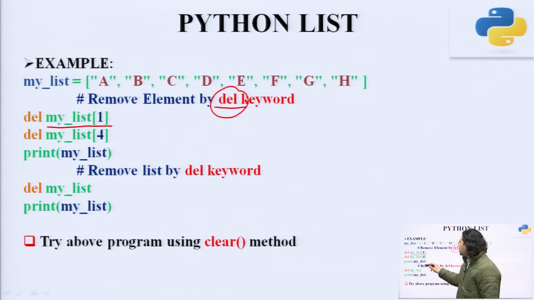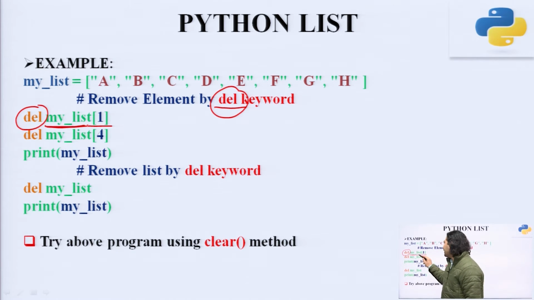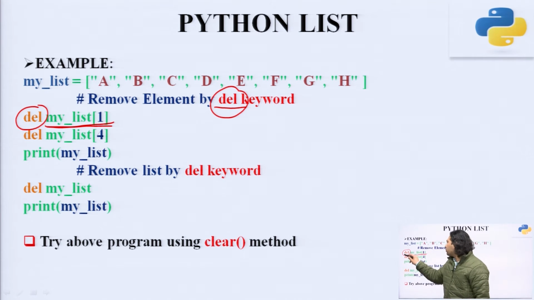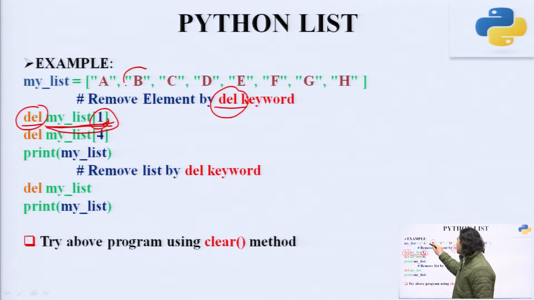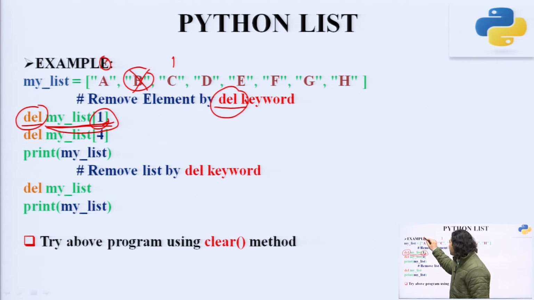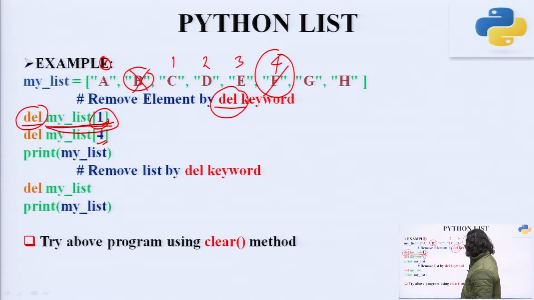You just need to put del in front of that element, that is this one. So, what is the instruction? We are going to delete the element which is present at index 1, that means this ball. Similarly, we are going to see the change after the removal of B, this becomes 1, this is 0, this is 2, this is 3, this is 4. Now, in the next line you can see we are also going for the 4th element, that is this one. So, the rest is your remaining list.